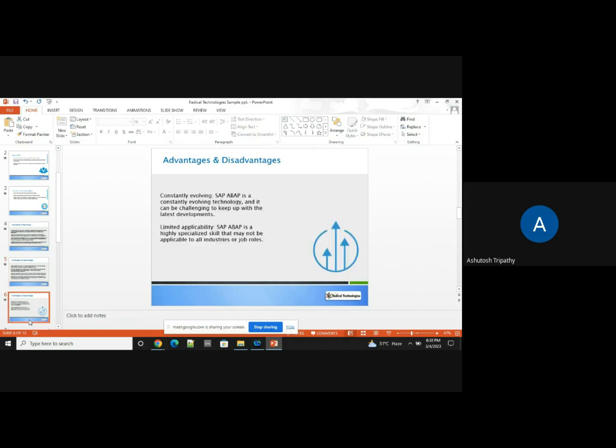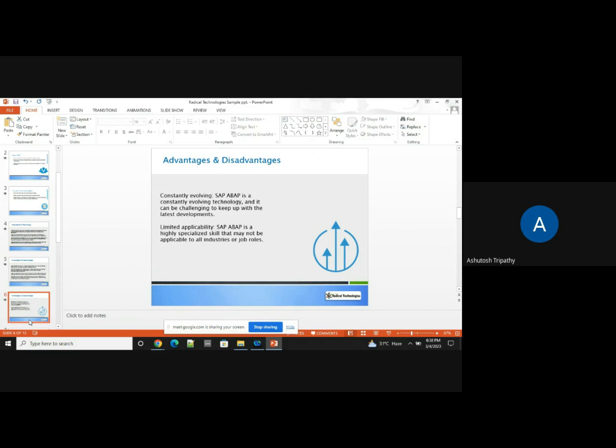Now, what are the disadvantages? It's constantly evolving. As I said, SAP ABAP is not the same. They launched ABAP back in 1988 as an official programming language, and from then till now, we have had so many developments, so many new syntaxes, so many newer versions of ABAP coming every single year. Subroutines and function modules were smaller advancements they made back in the 1990s. And so far we have classes and objects and advanced ABAP, which is the object-oriented ABAP concept, and let's say the OData concept or HANA-related concepts present in the market.